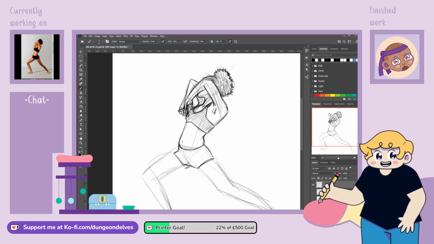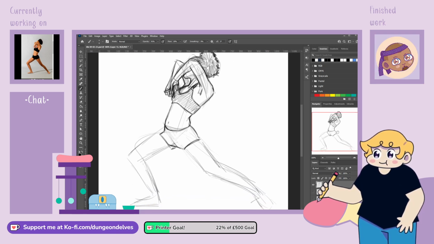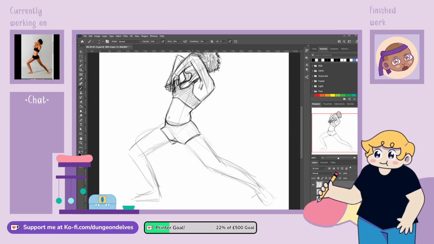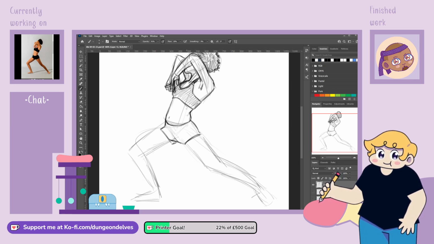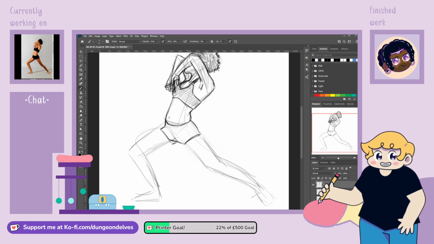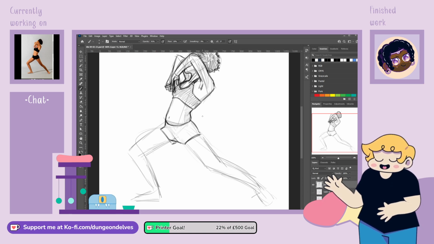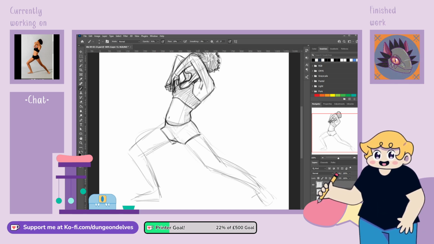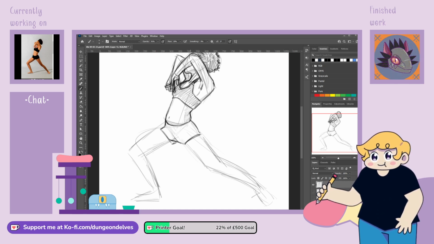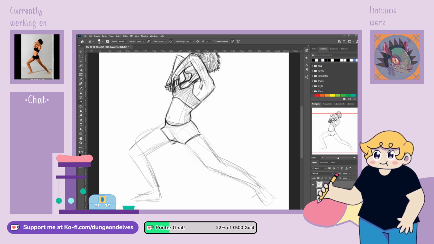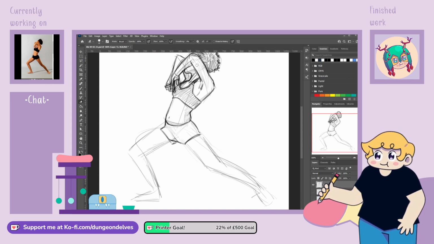Draw what you see, not what you think you see. Yeah. 100%. Just taking the time to have a little look to make sure that you actually see it. But also, the other thing that really helps me is drawing negative space. So getting the arm in this part was just me focusing on how the negative space around her was looking.